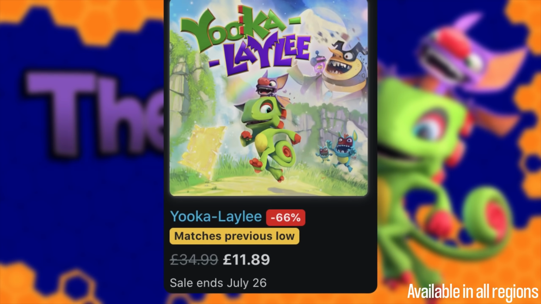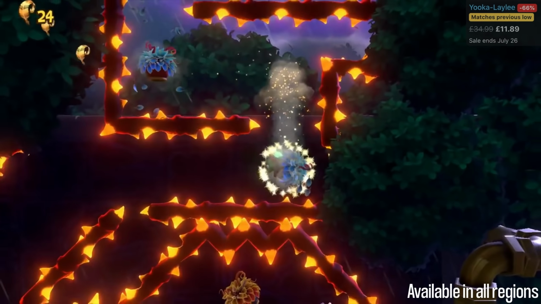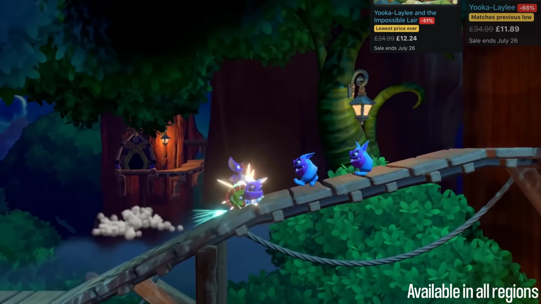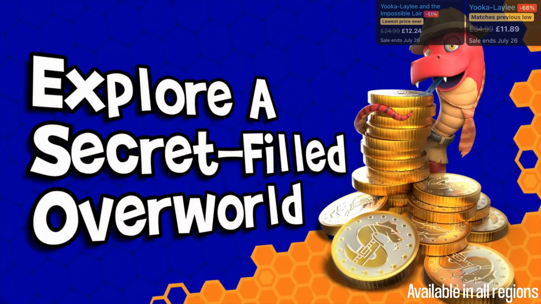Both of the Yooka titles are reduced down to their lowest ever, which is great, and it represents crazy value really. The first Yooka title is about 11 quid, and the second one 12 quid, so you can pick them both up for the price of Yooka-Laylee and the Impossible Lair at full price, so a bit of a bargain really. These go on till the 26th of July and feature the 2 famous characters Yooka and Laylee